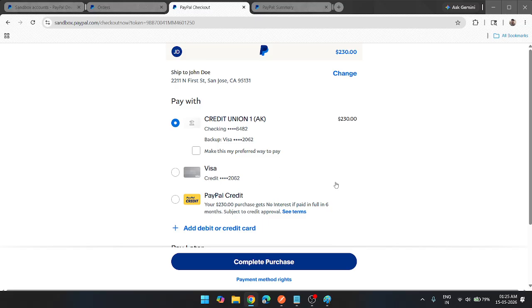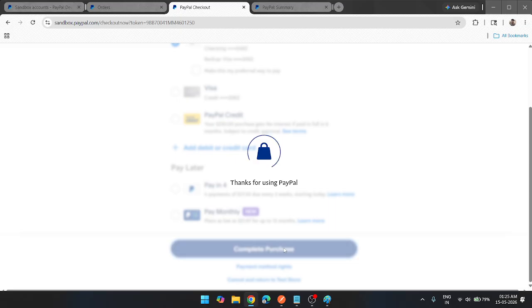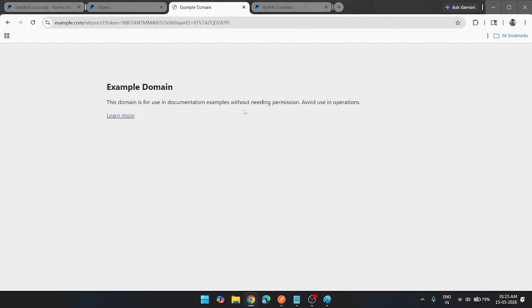Okay, so the payment page has been opened and the account has been selected automatically. This is a test account and the money is for testing purposes. PayPal has provided this page and all the system. Since I've selected it, let's complete the process. Okay, so the payment request has been made and it is providing a return URL, which means the transaction